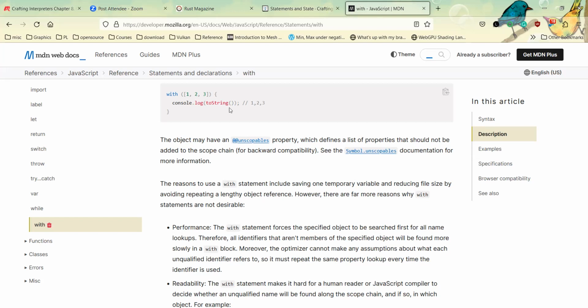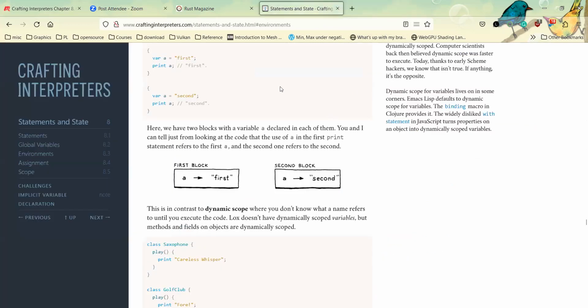Cool. Yeah, in JavaScript it's a disaster, but it's really cool. I mean, there have been times that I've wanted it, but alas. JavaScript's this is just so weird in general.